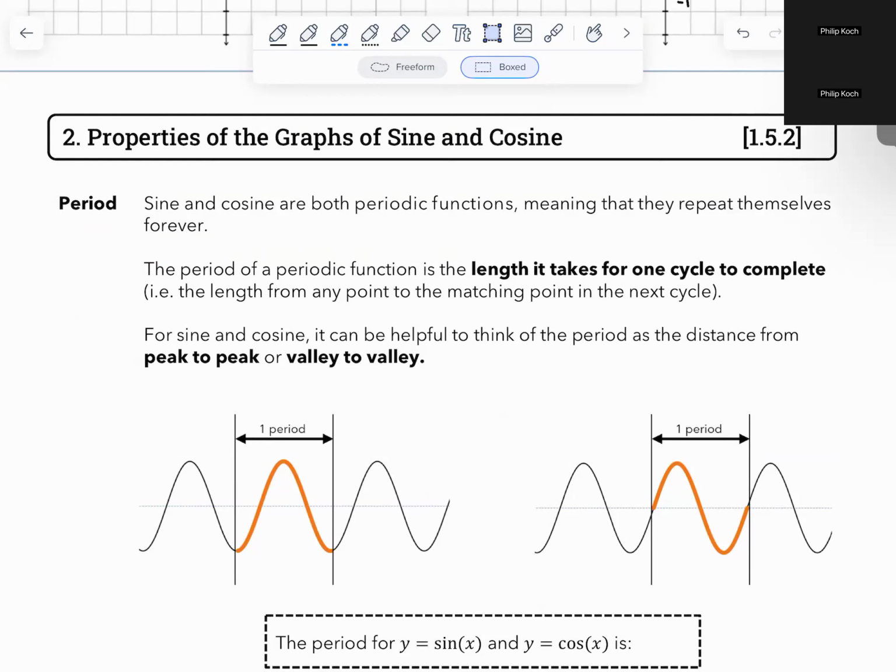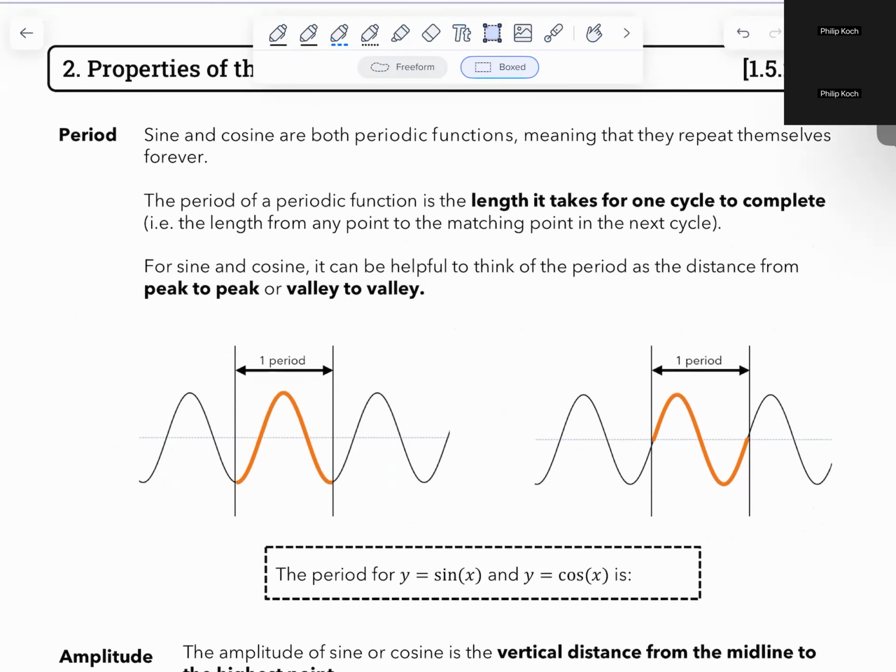In particular, there are plenty of other types of periodic functions, but sine and cosine are the most common. For those, you can measure the period from peak to peak, or from valley to valley. That's a good one. Or from origin to origin, or center to center. So here is one way, from a valley to a valley. And then you could also do it from a center to a center.